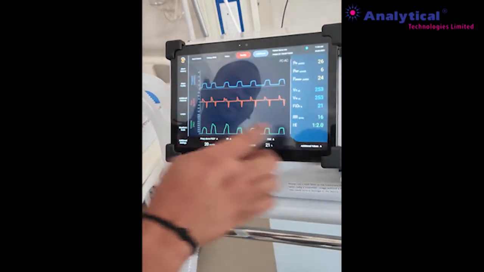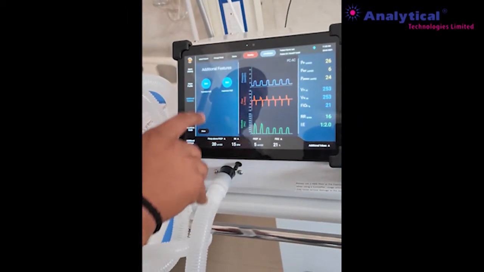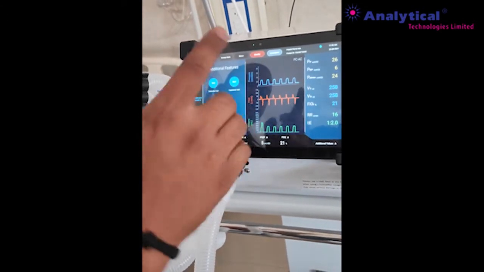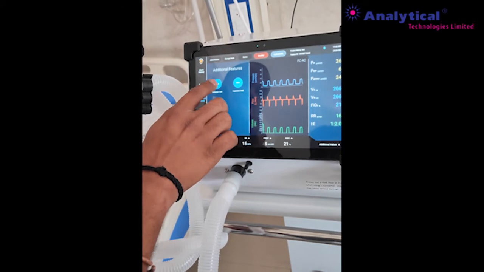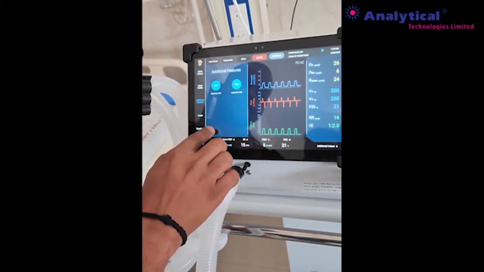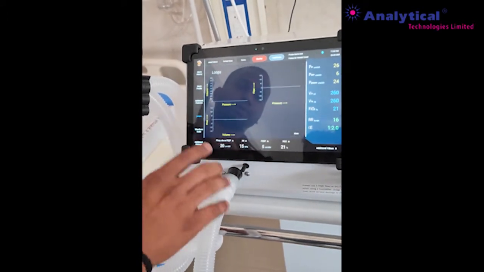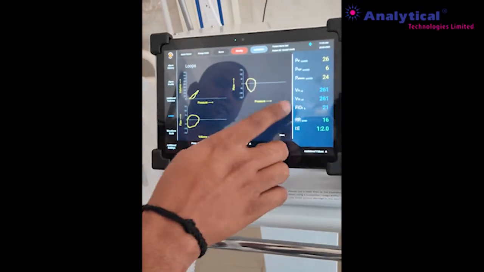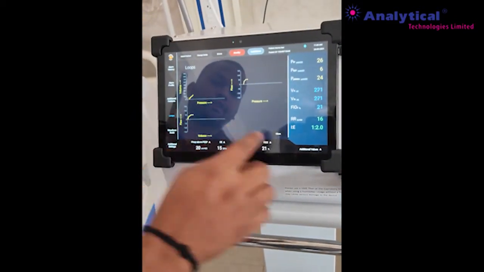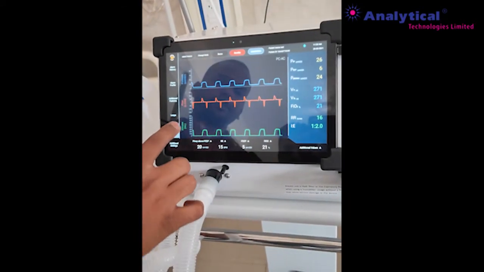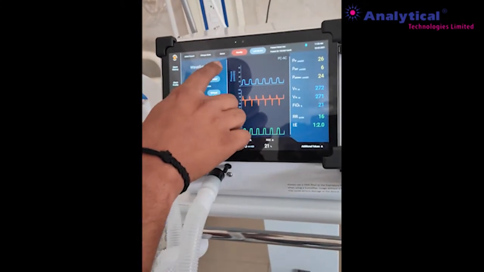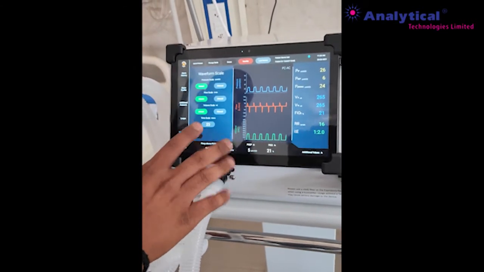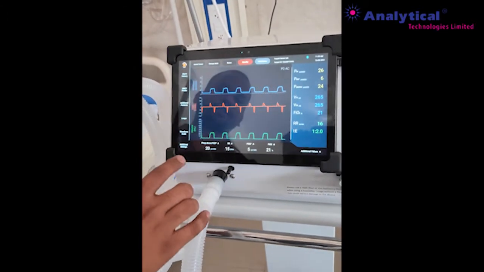After that, accept here. So here are the additional features. Additional features means expiratory hold, inspiratory hold. So when we are giving to a patient, sometimes start or stop, close. These are loops. 3 loops are there: volume, flow, pressure, flow. So after that, close this one. Wave scales. Waveform scales, auto set is there, manual is there. So after that, close this one.